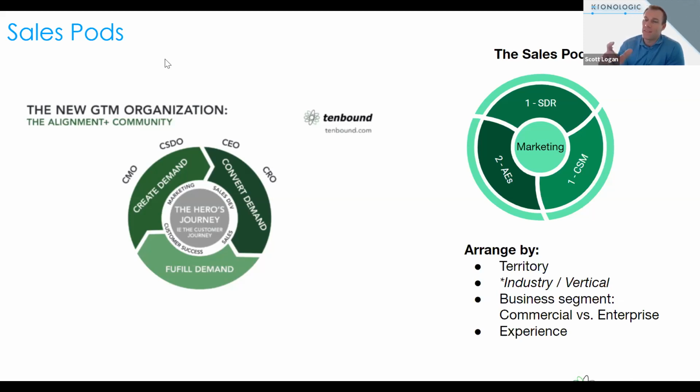But if the AE and the SDR aren't talking on a weekly basis, there are just bound to be large gaps in what happens, and then marketing suffers, and then the SDRs feel frustrated and the AEs get frustrated. So if you're at least communicating on a weekly basis at the AE SDR level, you're going to be naturally creating some trust there, which will also allow for better results.